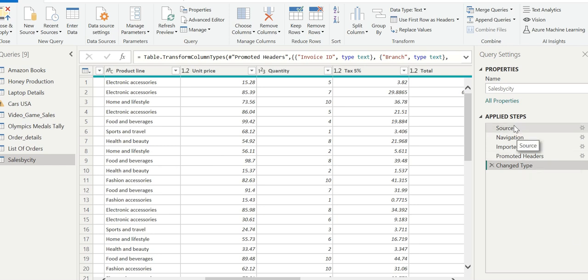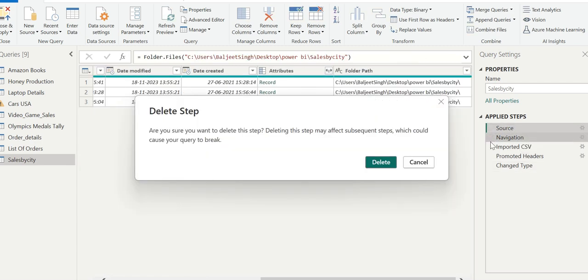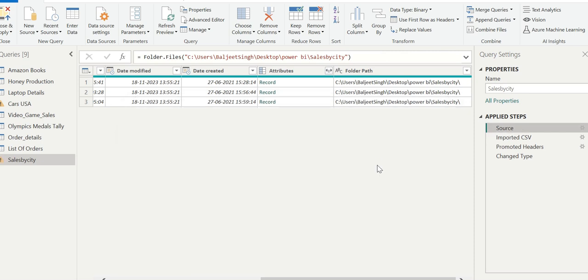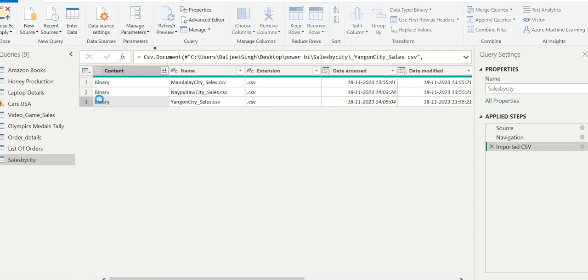Then we will again go to the Source and delete all the steps. Then we can do the same with the third one, Yangon City sales.